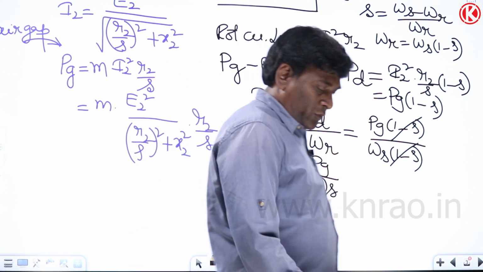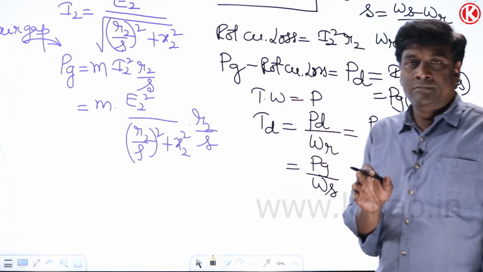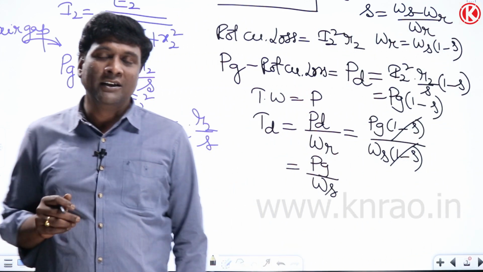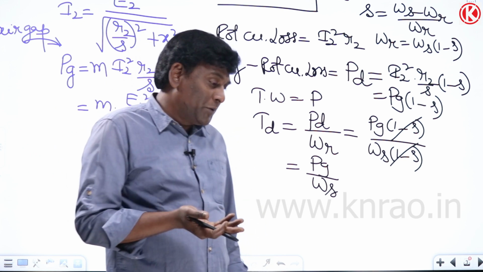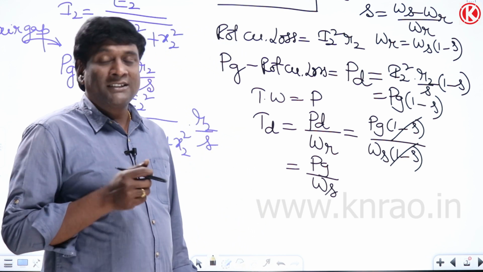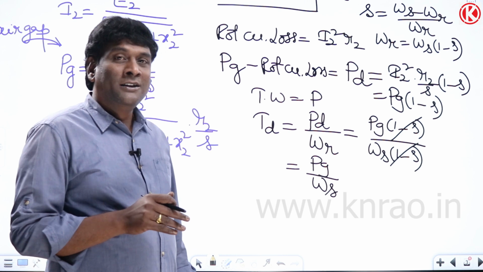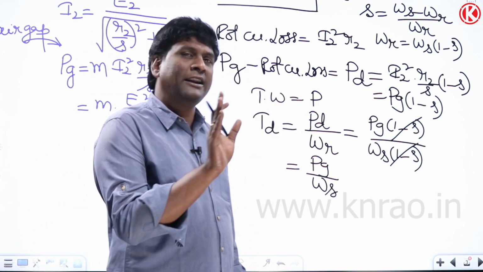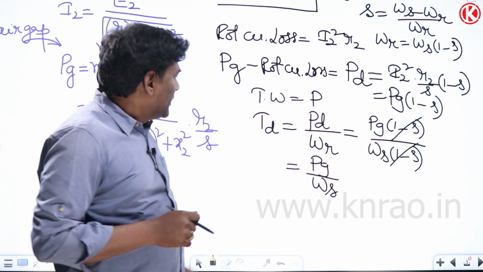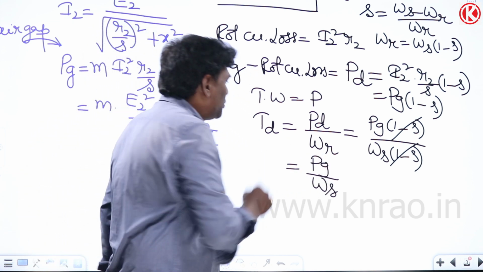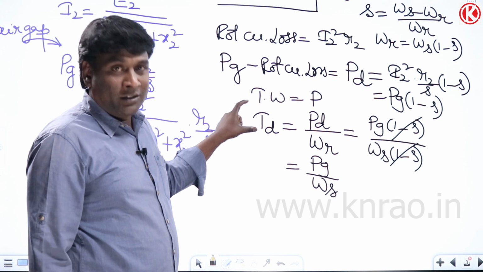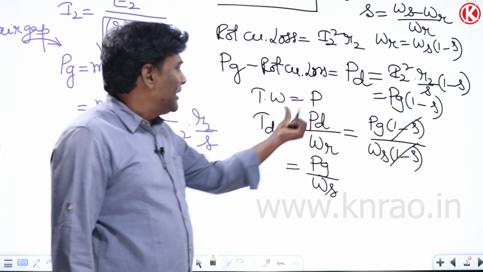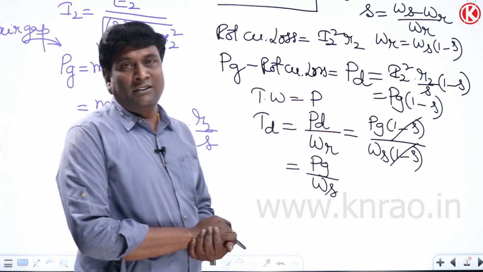Now for further calculations, for example, if you want to calculate maximum torque, gradually you will get that maximum torque will be decided by the machine, starting torque will be decided by the machine, but running torque will be decided by the load. Those things gradually you will get. Now if you want to calculate maximum torque developed, we should be able to differentiate this, or we should be able to differentiate this.